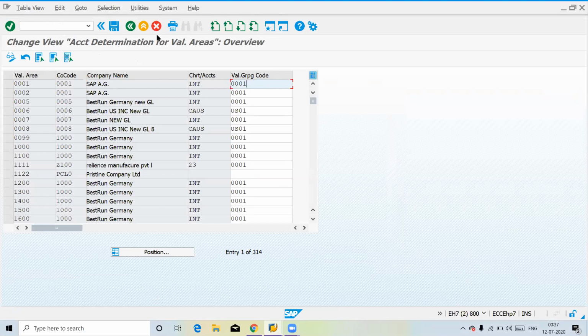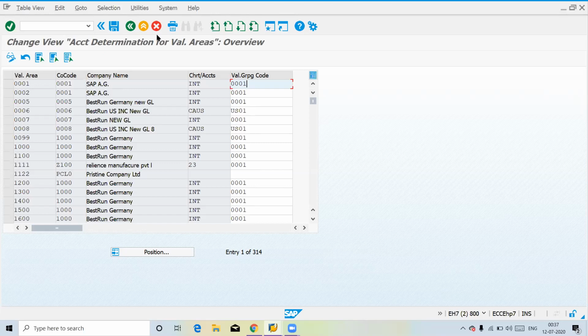If you are still facing some errors in real time, you have to catch hold of your FI consultants. If certain issues are related to FI, just write an email straight away to the FI consultants. They can understand. If you are working in lower clients for testing, like the quality system and development system, generally you don't have authorization.